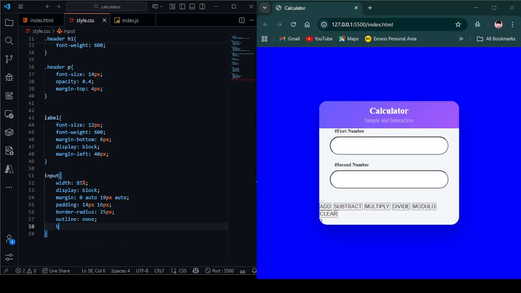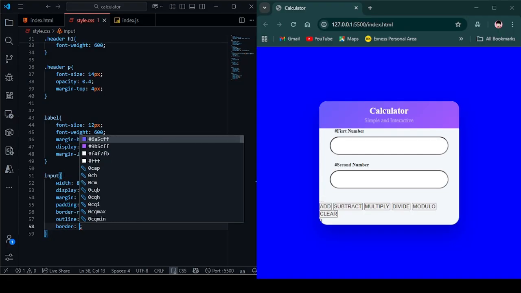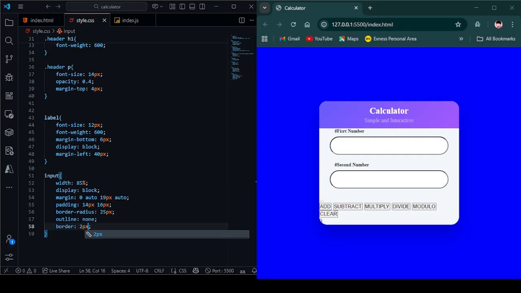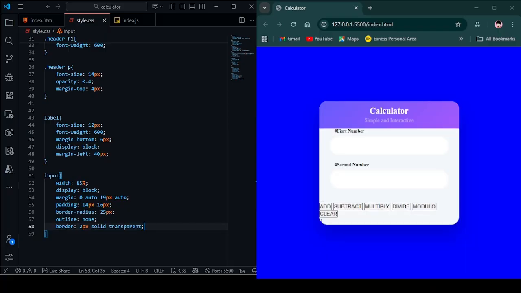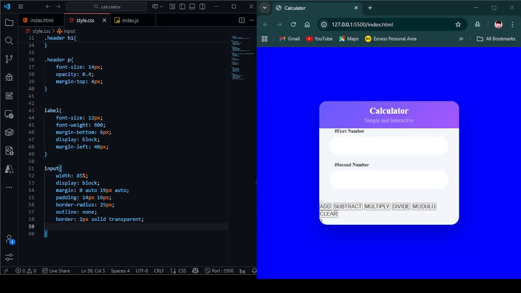Set our border to 2 pixels, solid transparent, unless we don't want to see our border. As you can see, it has been made transparent. You can see it over there. So let's continue. So we set our background